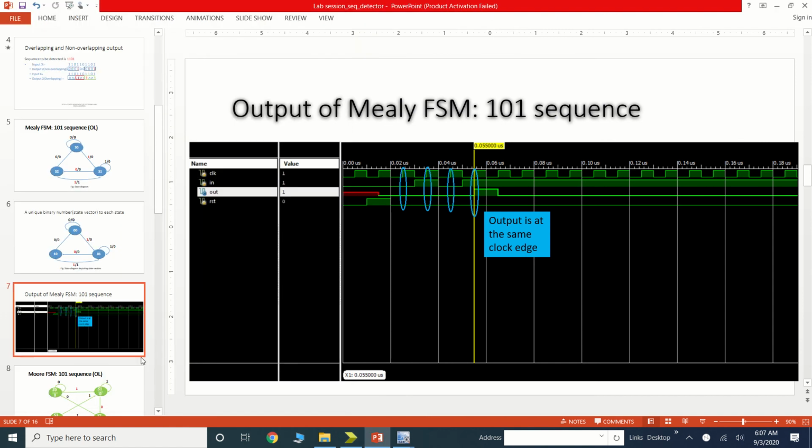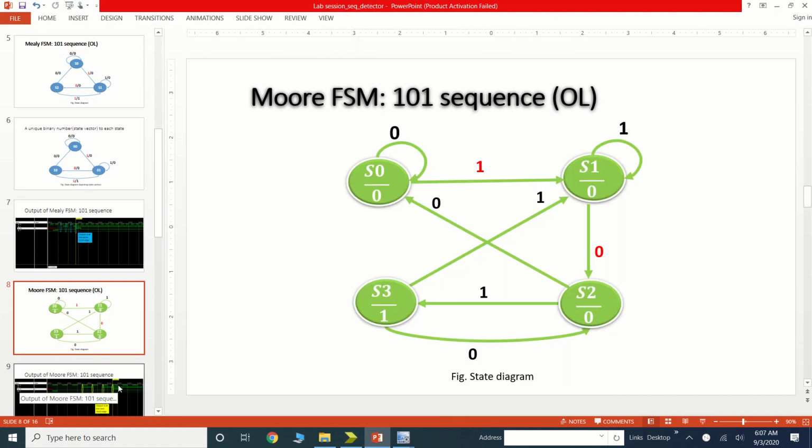Okay, let me, okay. So before moving to the Verilog code, let me explain this Moore FSM. In the Moore we have the 3 bits, but in the Moore we need one additional state. So we need the 4 states. So S0, S1, S2 and the S3. Now again the output depends on the state only.